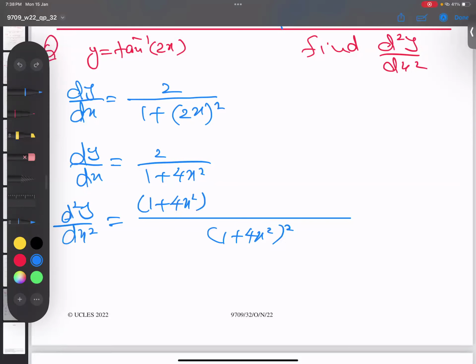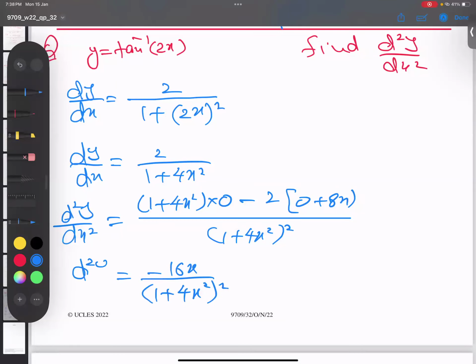And the derivative of the numerator 2 is coming here, which is 0. And now 2 copy and this derivative. And this derivative, 1 has a 0. 4x to the power becomes 8x. This is gone. So I get negative 16x over 1 plus 4x to the power 2, and whole square. So this is the second differentiation. I hope the point is very, very